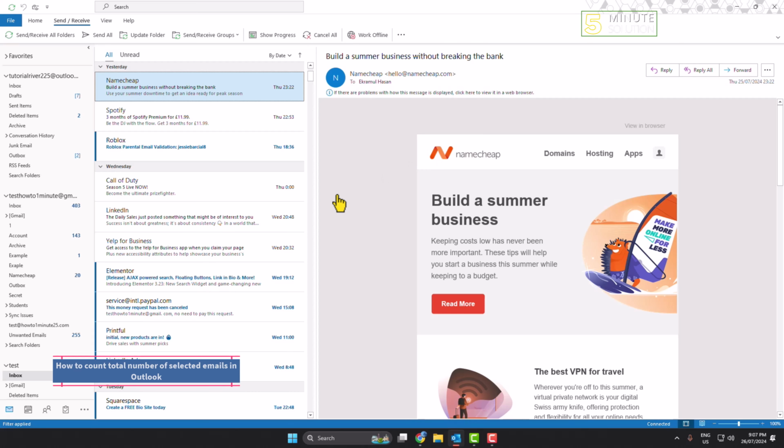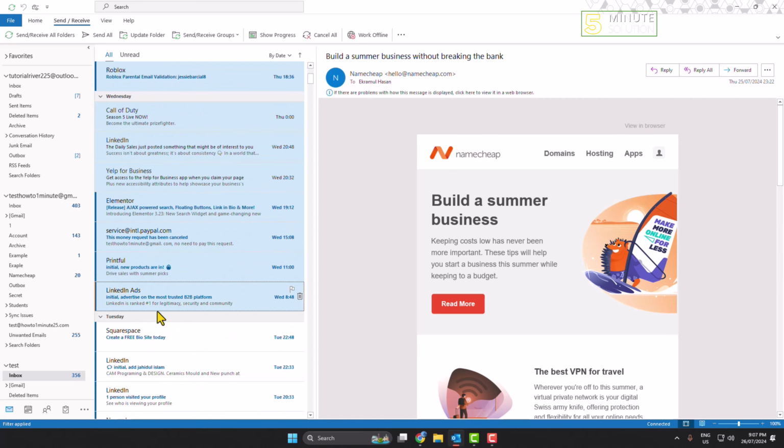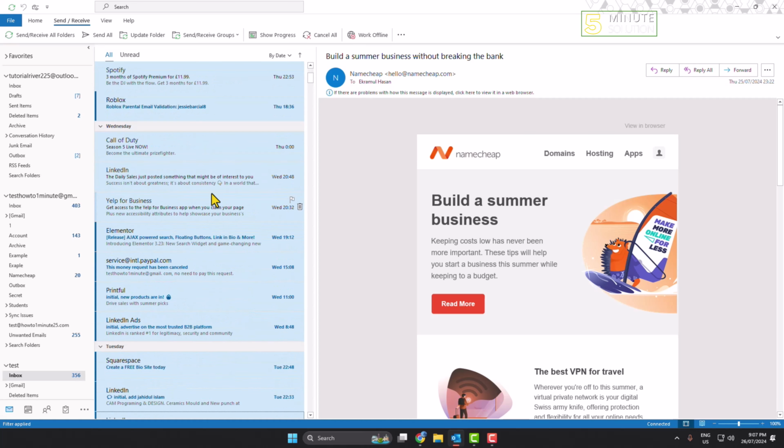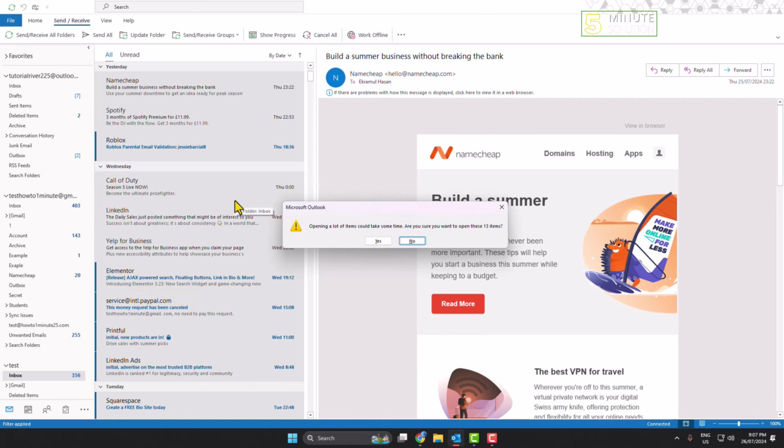So first of all, let's select multiple emails here. You can press and hold down the Control key on your keyboard and just select emails. And now, as you can see, I've selected a bunch of different emails, and here's how to count the total number of selected emails. Once you select them, just hit the Enter key on your keyboard, and then here you will